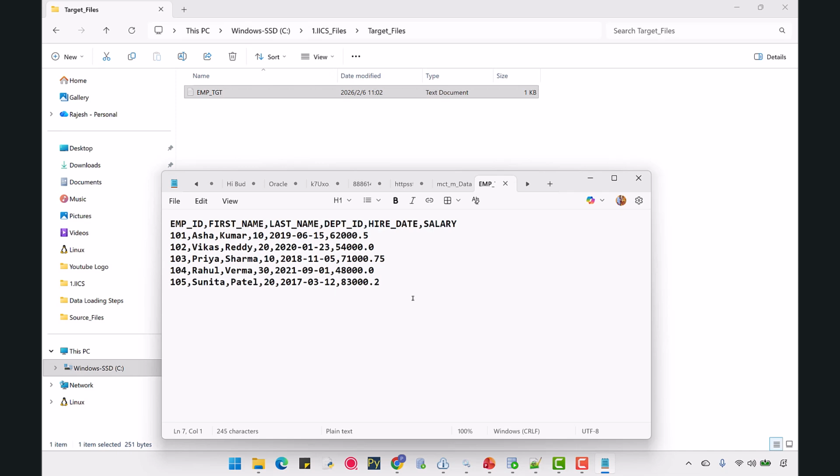This way we can extract data from one source file and load it into a different output file based on our required format. I hope you understand how we can load data from one flat file to another flat file. If you have any queries, please post them